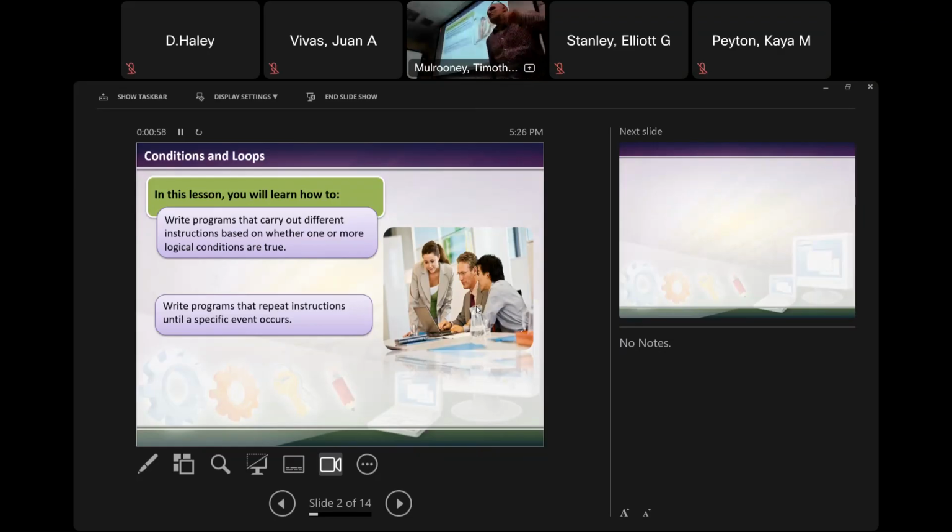Who did the hypotenuse problem? Who did the quadratic? Did both of them? Overachievers over there. Okay, that's okay. The hypotenuse one works the same way. I specified you put in a negative, but you have to assume someone's just tapping stuff in and is going to put in nonsensical input, because the programmer is going to do the same thing. So you have to cover your rear end on all these. We're also going to write programs that repeat instructions until a specified